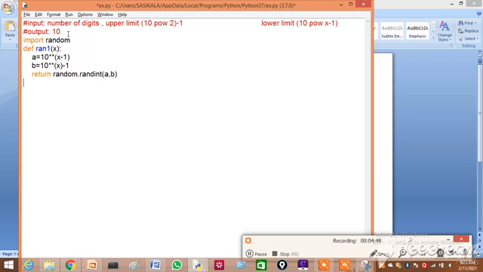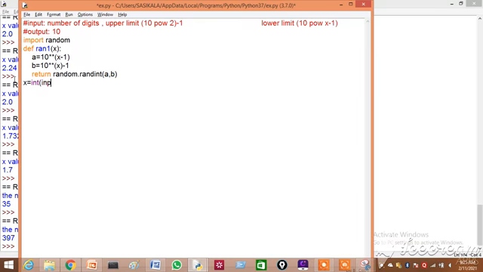Next, the input. For the number of digits, we have to get it from the user: int of input, the number of digits.